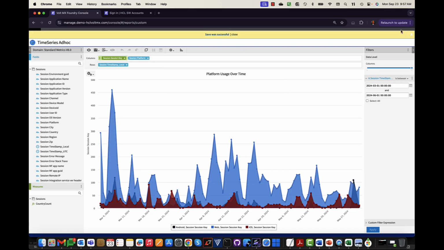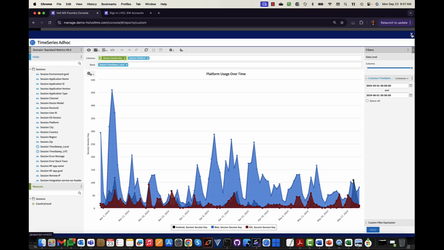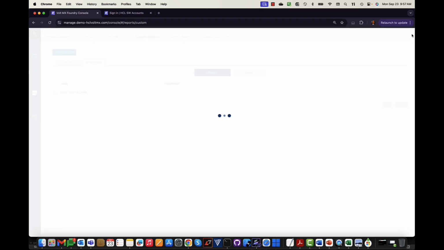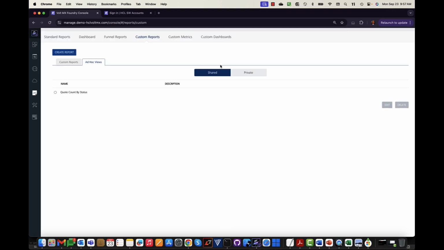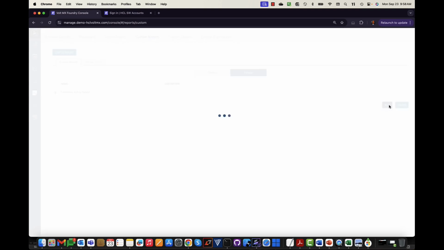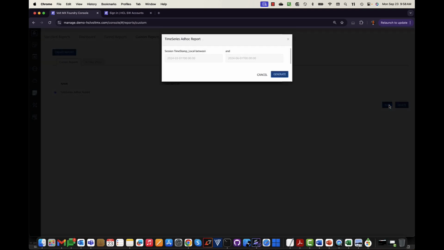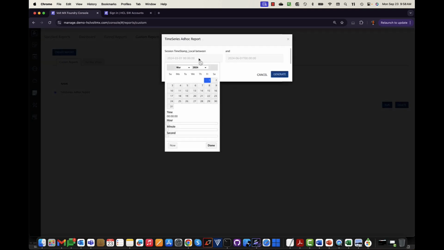So now I can close this, and then when I go to my reporting console, I will be able to see this in the private section, the time series ad hoc that I created. In the private section I see the ad hoc report. So I can just choose the ad hoc report and click run on it because I've saved it. I saved it with a different timestamp. I can change the timestamp if I want to,